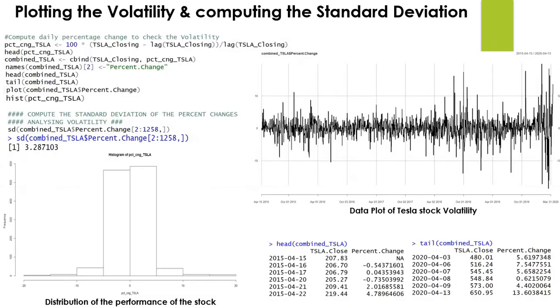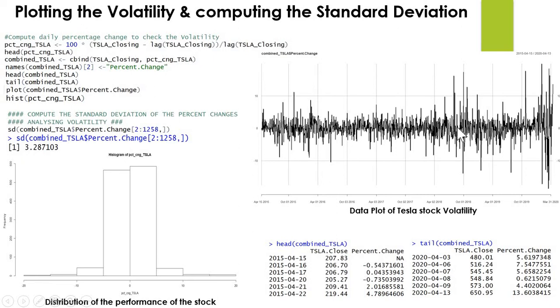Well, next, volatility. Well, you can call volatility as the price movement or risk, and I wanted to check the volatility in the Tesla stock price. And to calculate volatility, I wanted to find the true range of the stock on every 24 hours trading period and calculate the percentage change using the lag function. And after calculating the percentage change or the averages, I plotted it, and we can see how highly volatile the